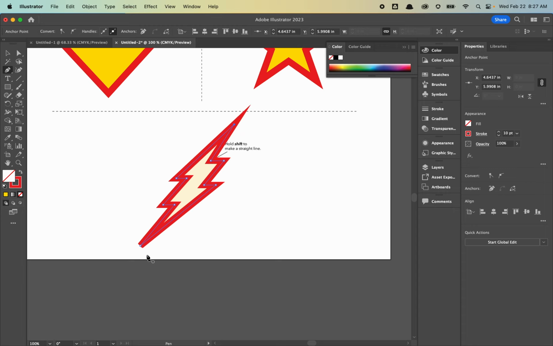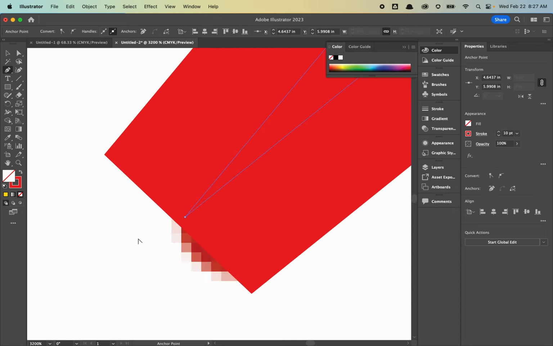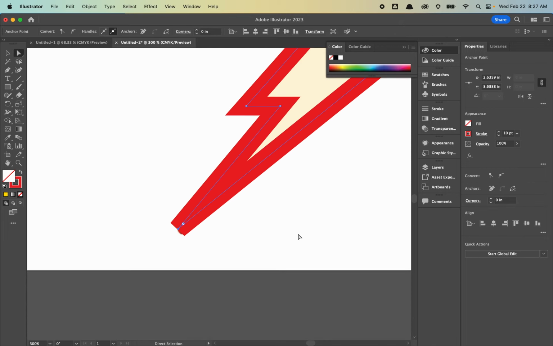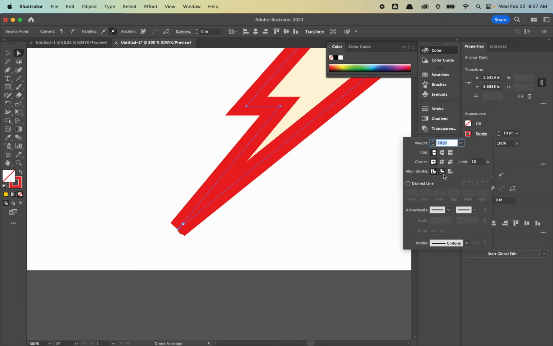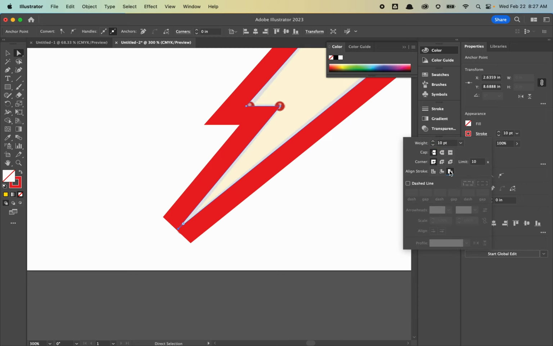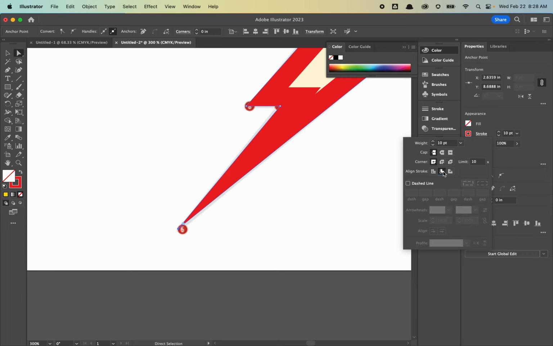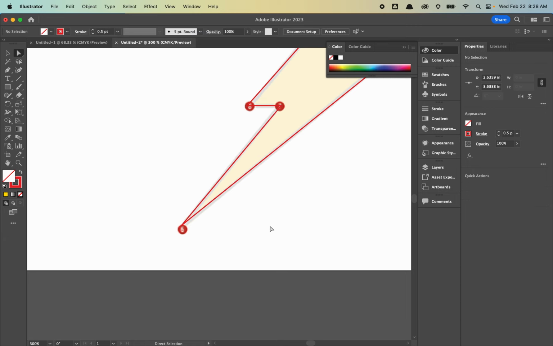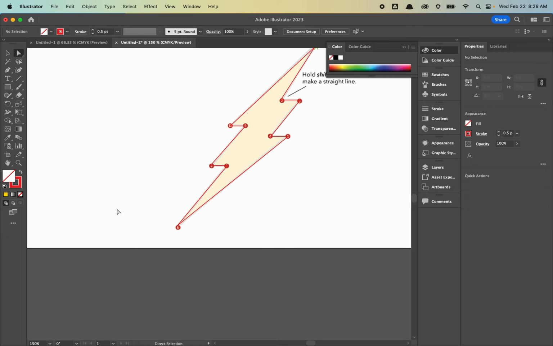Now in this instance you can see that I get a little bit of weirdness going on right here. I don't really have this point, and so what may end up happening is I may have added inadvertently a handle by clicking and dragging, so I'm going to click this button to smooth it, but then I'm going to make it corner again. Now if I still get that little blunt end right there, then I'm going to change the position of my stroke. So in this instance, I'm going to go ahead and make the stroke on the inside. I'm going to decrease its size like so that I get a nice pointy edge right there,